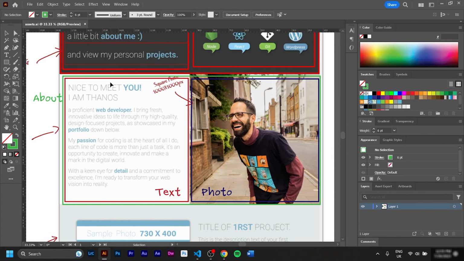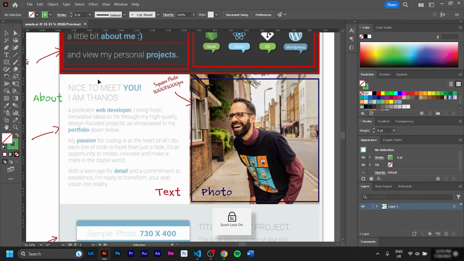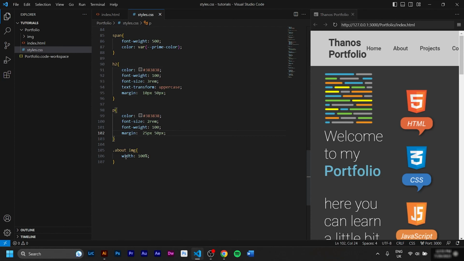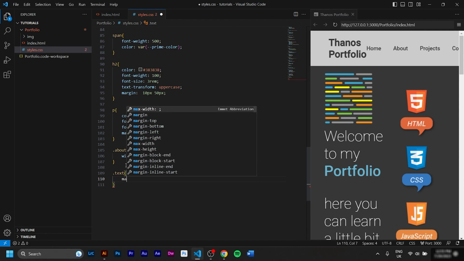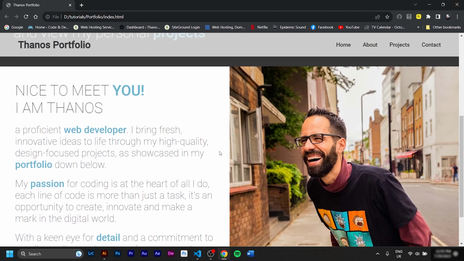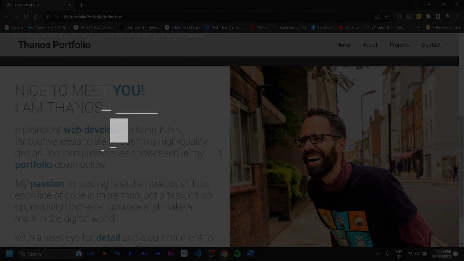So one last thing that annoys me is that we don't have a lot of air up here to breathe. Here the situation is better, especially if I remove these two things. You can see that the space is larger. So it's the last little thing to do. Sorry to bring you back, guys. And we'll target the dot text div and give it margin top 40 pixels. Now we are done. Woo! Let's move to the next section.